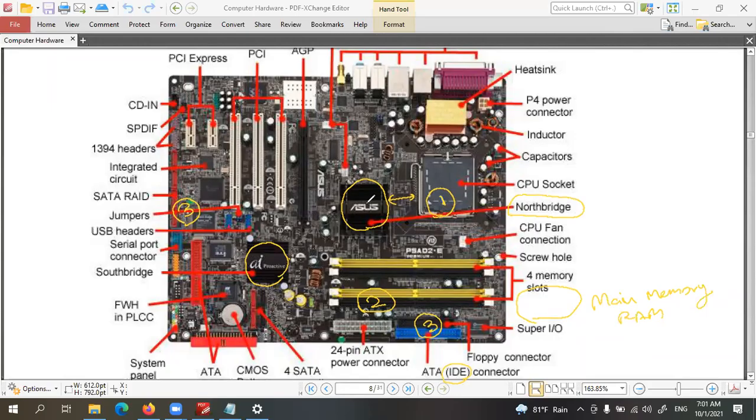This is what we call the chipset. This coordinates the data communication between this RAM, hard disk, CPU, and input devices like that. The process of the motherboard will be coordinated using this north bridge and south bridge. Actually, the south bridge works with the input, output, and other components. North bridge works with the data communication between RAM and CPU.